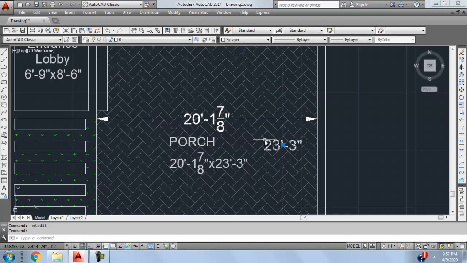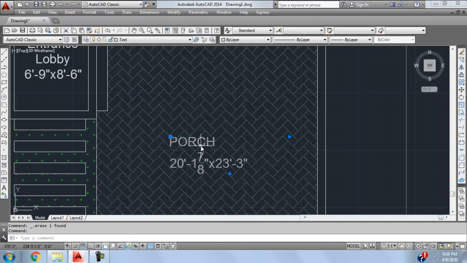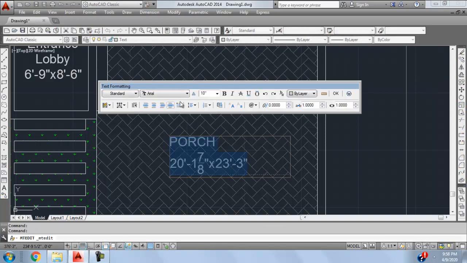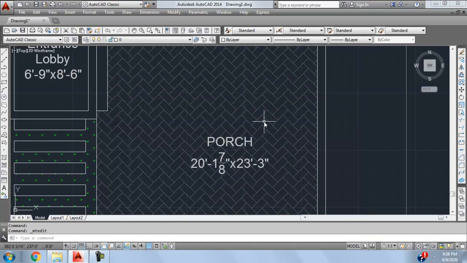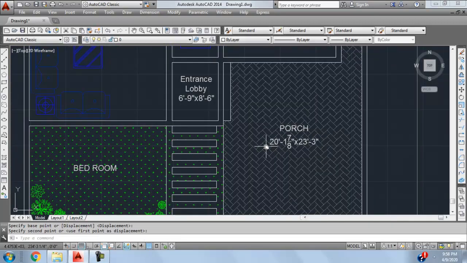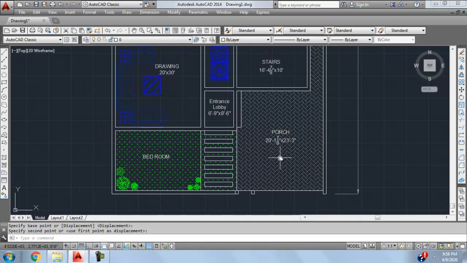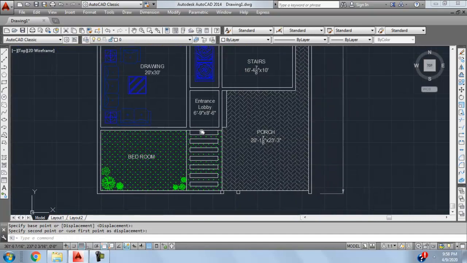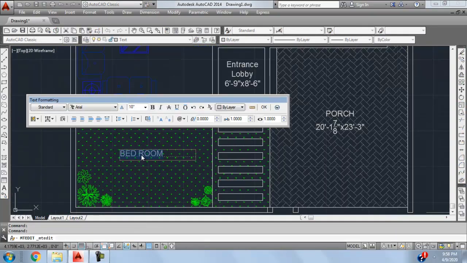Okay, now removing this and removing this, and I'm going to center line that. This is the porch. Let me just that, it's fine. Now we have lawn,